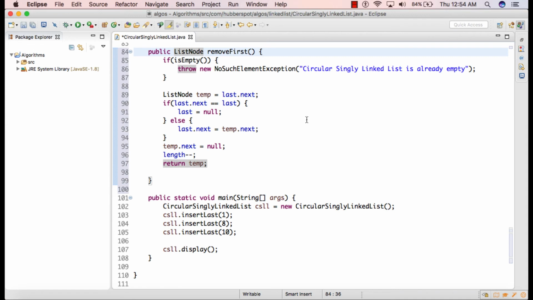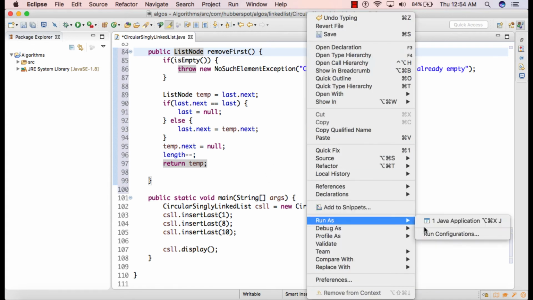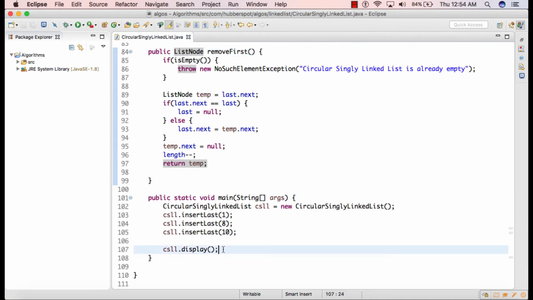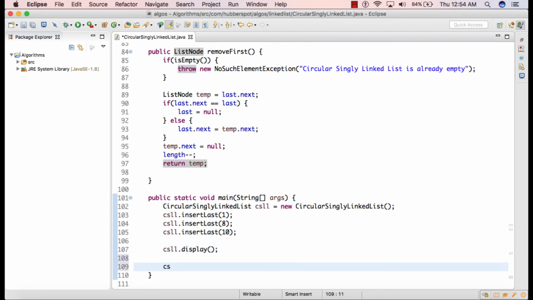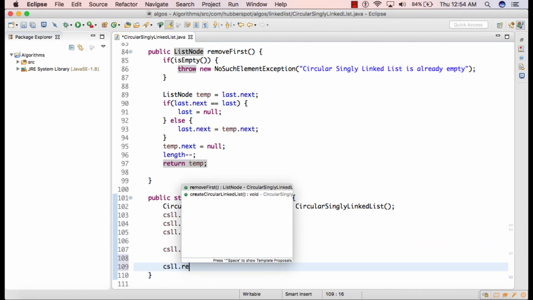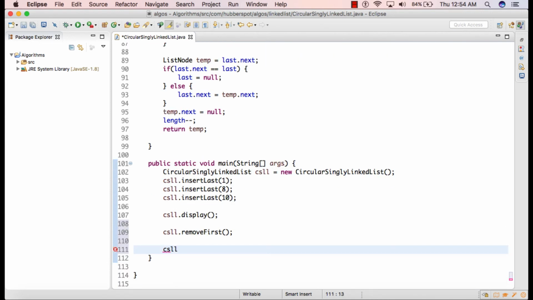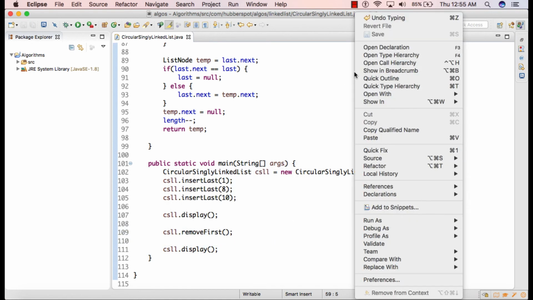So if I run the code now, you can see it printed 1, 8 and 10 because there are 3 nodes in the circular singly linked list. Now let's say we are removing the first node from the circular singly linked list, and we are calling the display method again. Now if I run the code again,